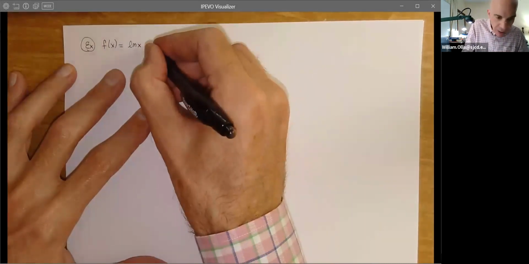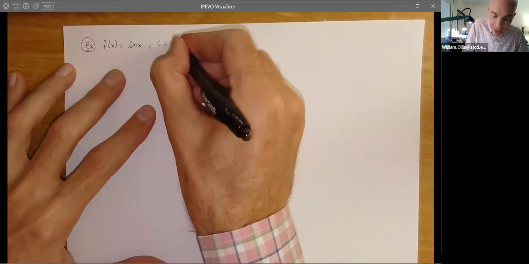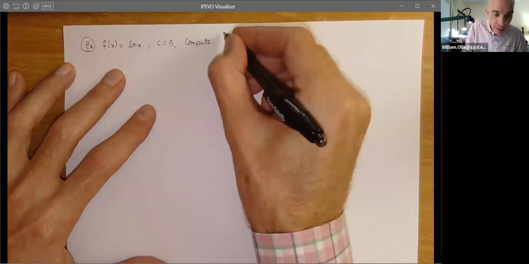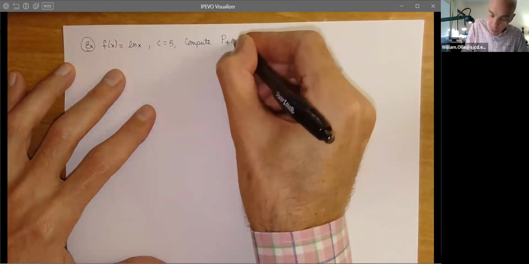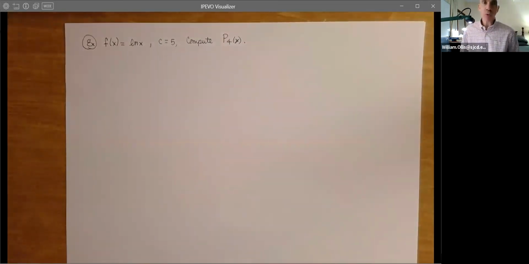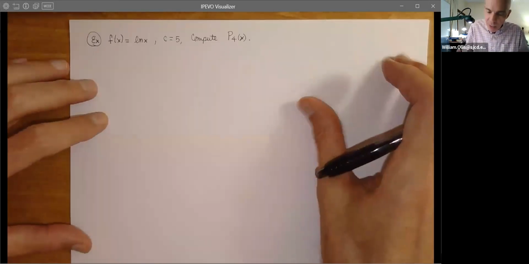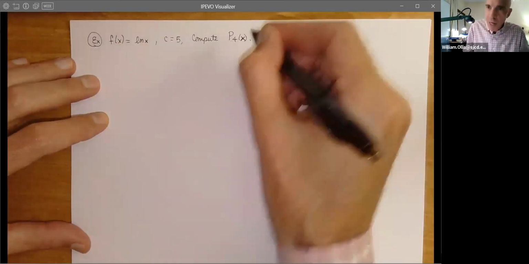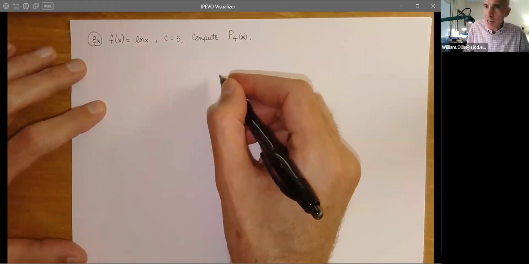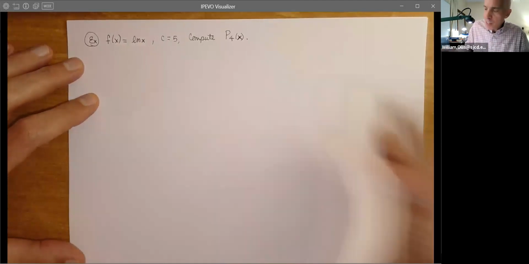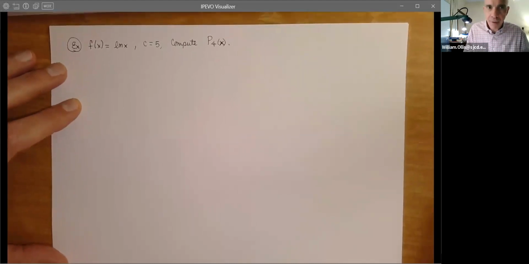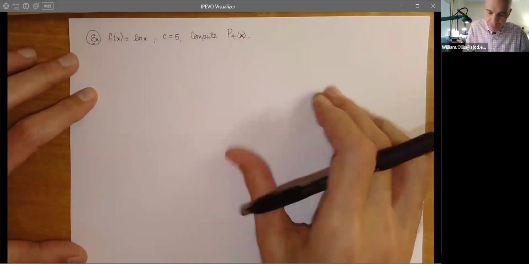So now let's take c equal 5 and compute, in this case, the 4th degree Taylor polynomial. So here we've got something besides 0. Of course, 0 wouldn't work anyway. We can't evaluate it where the function doesn't even exist. So we have to be a little bit more crafty with the natural log. It's not as user friendly, but that's not a surprise, is it? Let me adjust this just a little bit this way so I can, there we go.